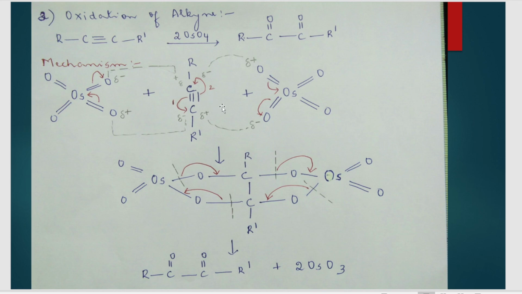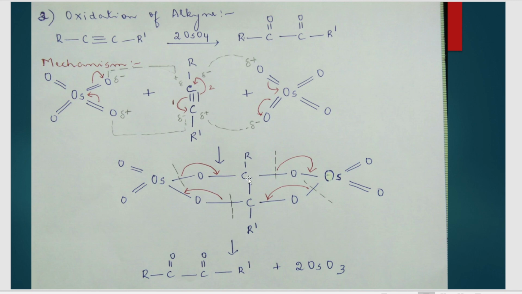Okay, and then that was the first bond of the three bonds. Now the second bond of the two bonds that are left is shifting towards carbon number 1. So this time carbon number 1 gets a minus charge and carbon number 2 gets a positive charge. Now all you have to do is attach the positive centers with the negative centers. So this positive charged carbon will attach here, and this negatively charged carbon will attach to oxygen with a positive charge. Same thing on this side. So what do you get? Once again, you get a cyclic intermediate which is not stable.